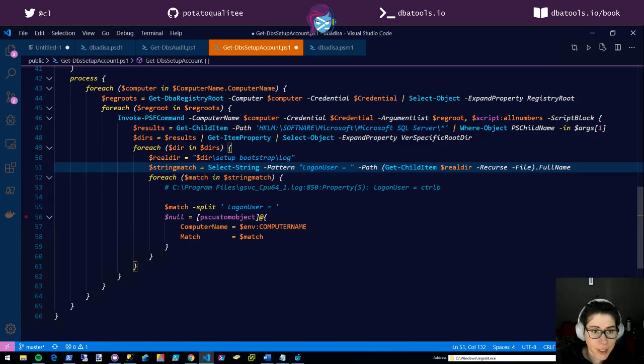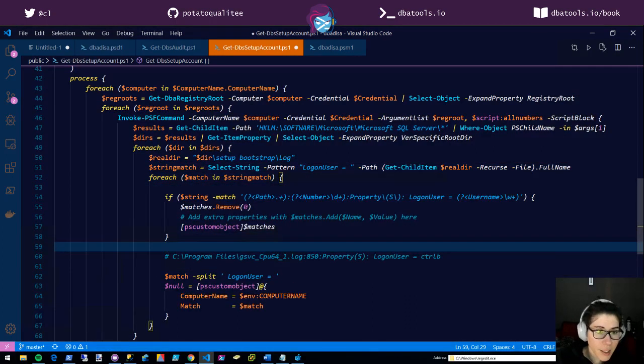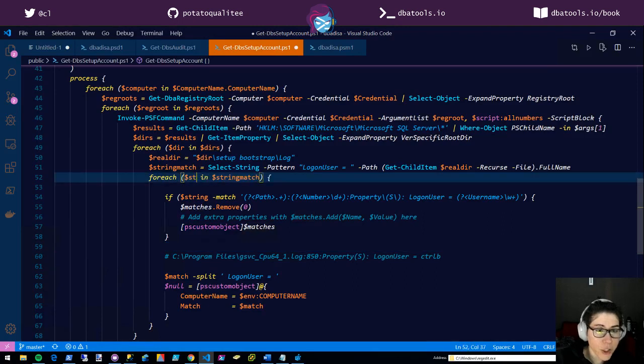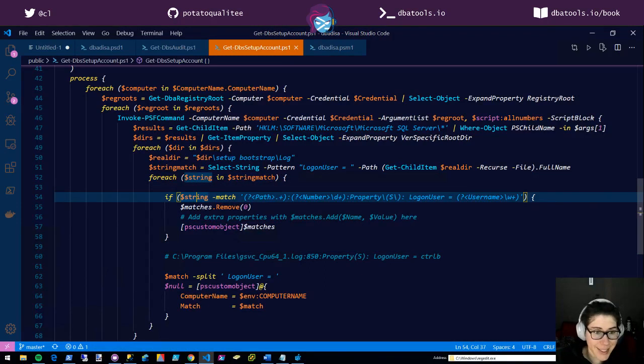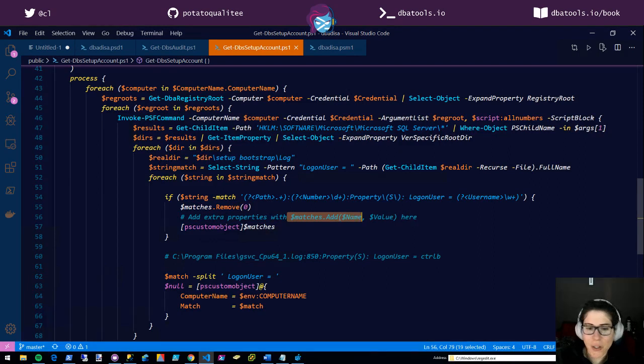For each match in string match, for each string in string match, if string match that, then remove that, and then also add it. Dude, I love that your code is something I could just copy paste here. That was badass. Thank you.